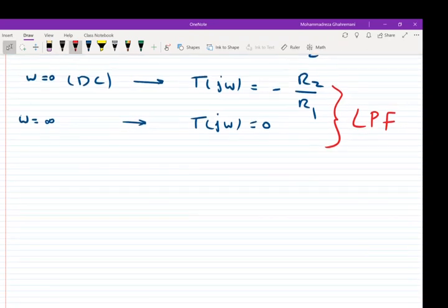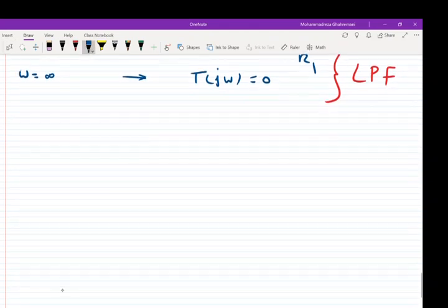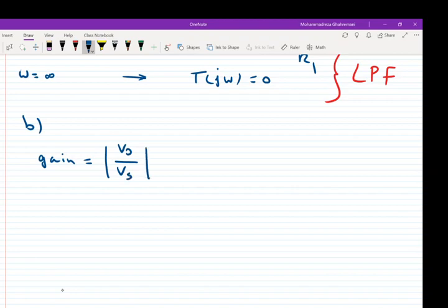Okay, now it's time to find the values of the elements. So the passband gain is -4 and the cutoff frequency is 100 radian per second. How can we do that? It's very easy. Part B, the value of gain this time, which is VO over VS, is equal